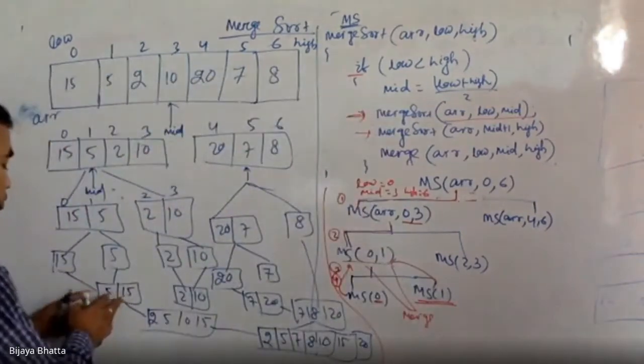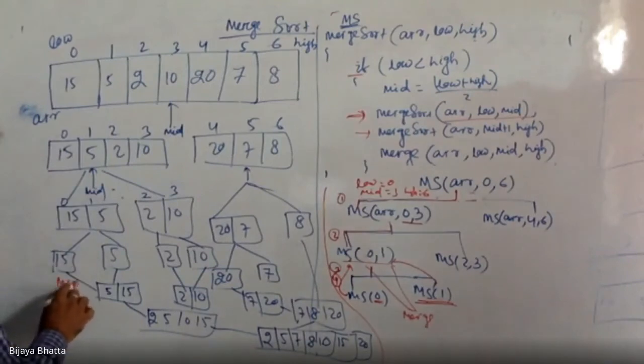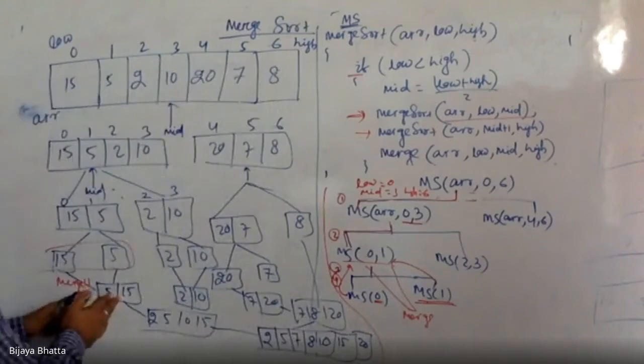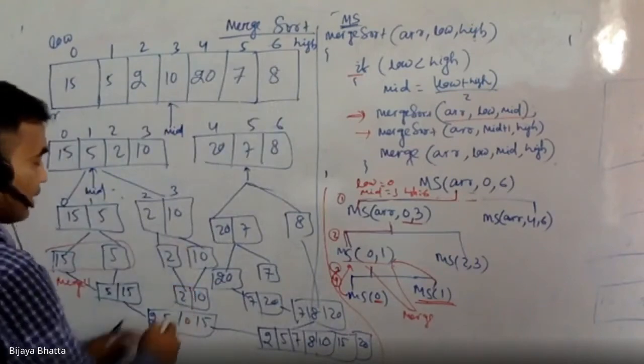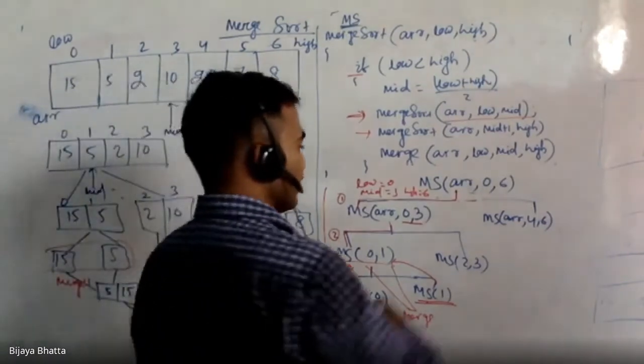This is the function we were just writing. I hope you are understanding. This is the return-back point, and this is where the merge function is going to be called on these two parameters. Then it will merge it, and again it will call for this one and merge, and all these parts are going to be merged. This is how it works.